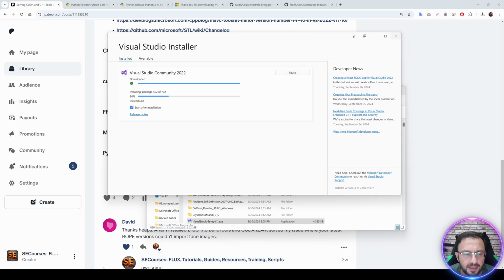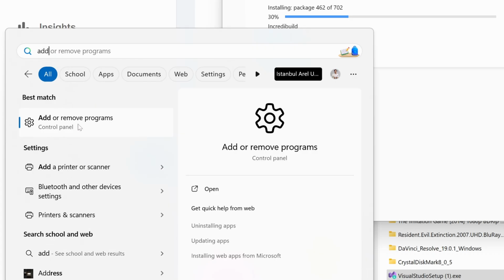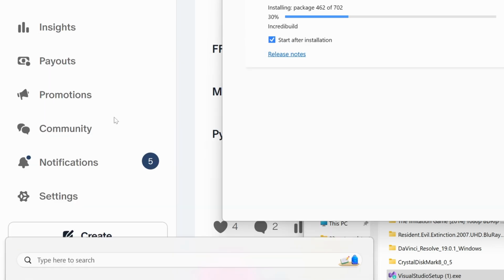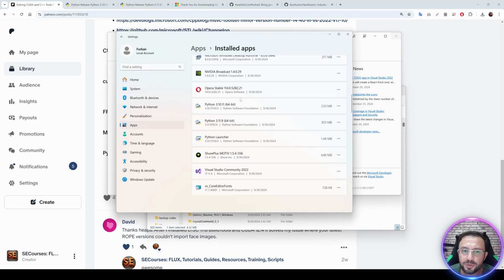However, I want to mention something. If you don't know how to uninstall your previously installed Python or other applications, type add in the search bar and you will see Add or remove programs. When you open here, you will see which applications there are and you can uninstall. So in here, you see it shows my Python installations. I can click these three dots and uninstall them. To follow this tutorial, you should uninstall them. It will help you then make a fresh installation into the C drive as I have shown.